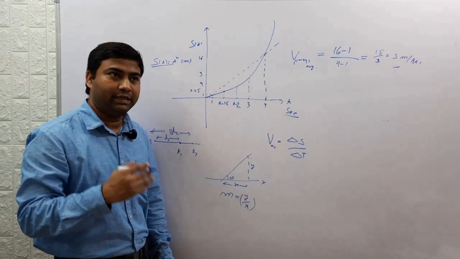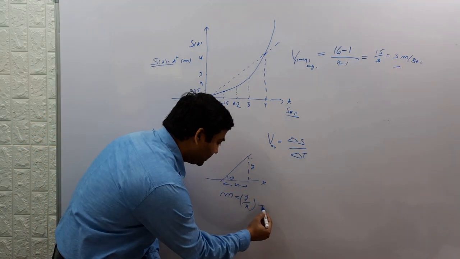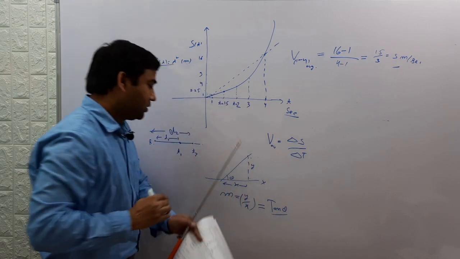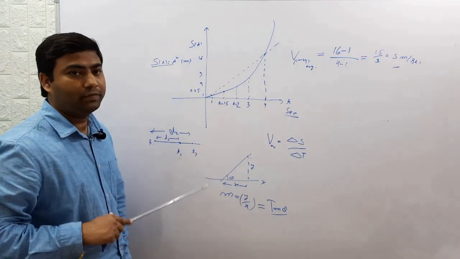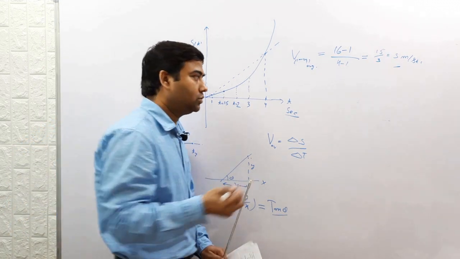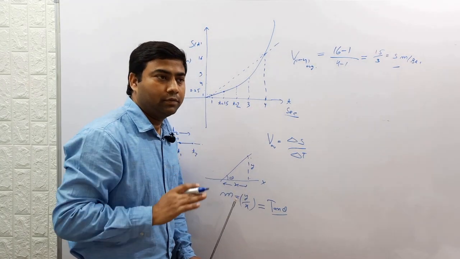Y by x. This is vertical height per unit distance. And by definition from simple trigonometry, you can see this is tan theta. So this is called the gradient of a line. Definition of gradient: for any slope, you can find the gradient. When you go along the